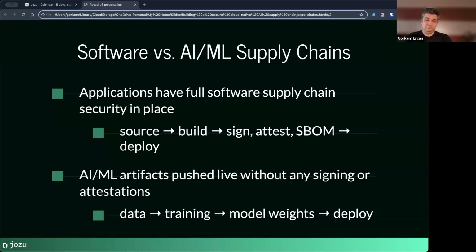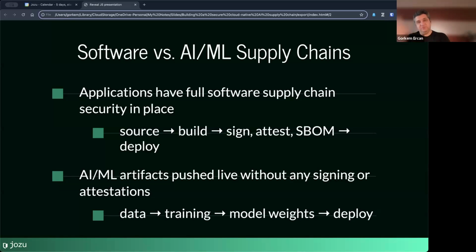If you think about how we are doing software supply chains, you have your source, your build, and as a result of your build, you sign them, attest your SBOMs into them, and then you deploy, right? In the AI/ML world, you have your data, your training, which gives you model weights, and then you deploy your model weights.